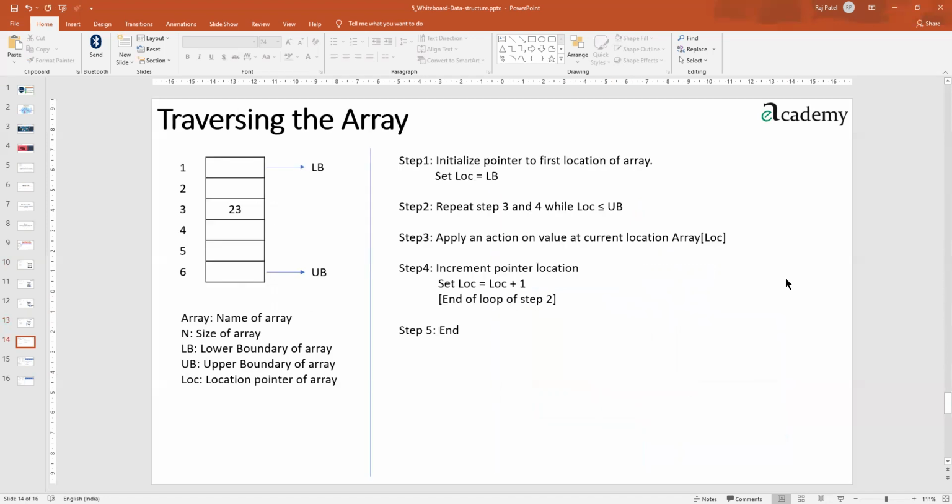Next, we have done something about algorithm making, and there are a few algorithms which are going to come to you in your board theory papers also. Out of them, one is traversing the array. Traversing the array, I told you one simple thing, that you just have to go through every element of the array, that is every location of the array. Just go through them and do something if you want to, otherwise just go ahead. So we noted some terminologies in the algorithm, so that it becomes easier for us to name them while writing the steps.